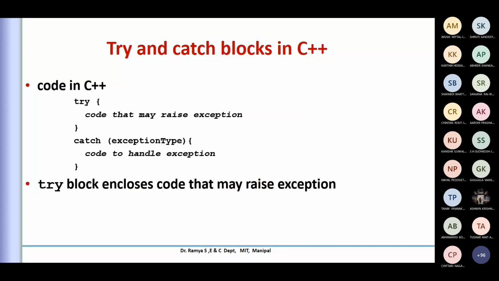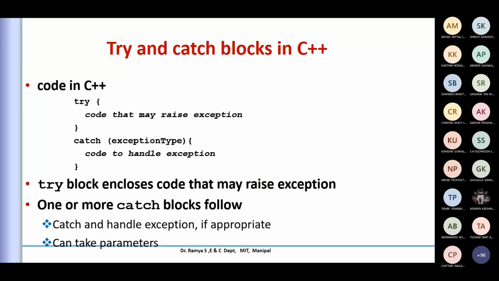Okay, so try block encloses code that may raise the exception, and one or more catch blocks. Remember this. This is important for us. It need not be one. I can have many more. We'll see that. Depending on what type you have written in this, the exception type, it is like your function overloading. Okay, depending on what parameter you have sent here, it can choose where to go here. Okay, I can have multiple catches here appropriately. Okay, so that is how the error handling happens.